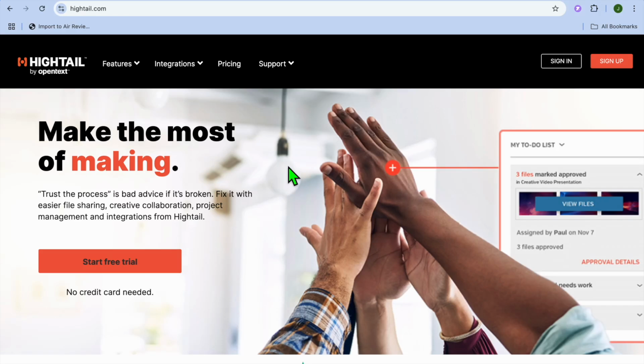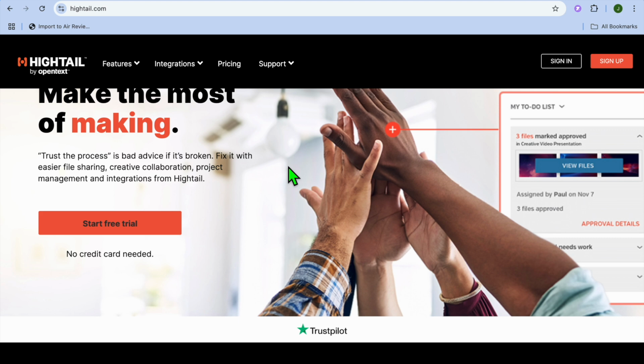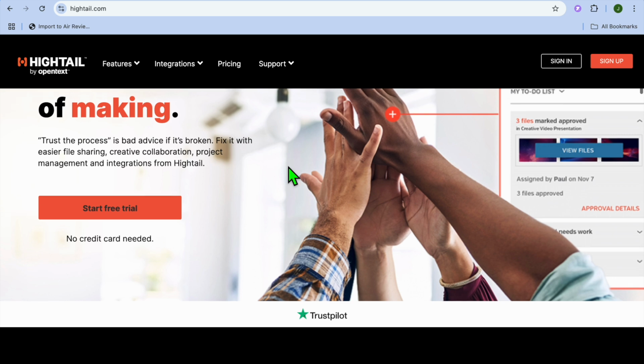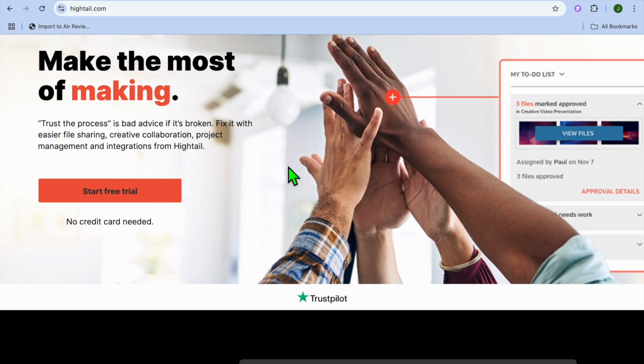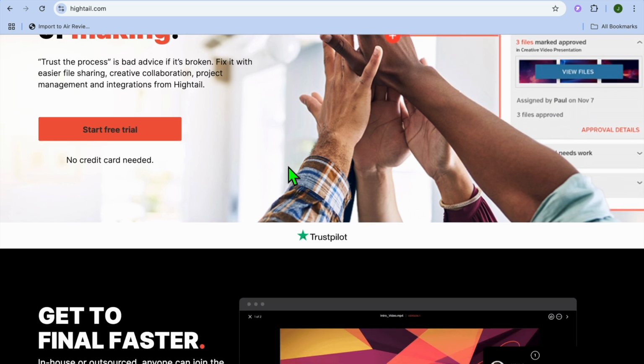In this video, I'll be showing you how to use Hightail. By the way, what is Hightail? Hightail is a cloud-based file sharing and collaboration tool designed to help teams securely share large files, track their progress, and gather feedback. Whether you're sending high-resolution images, videos, or other large files, Hightail allows you to do it quickly